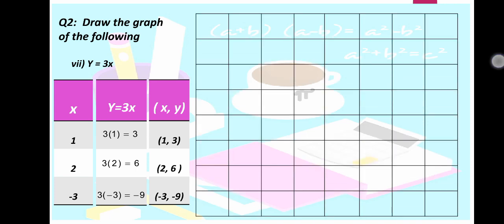Now for making a graph, draw a horizontal and a vertical line for showing the x-axis and y-axis points. For the origin the value is 0. Now here in the x column you can see the maximum value is 3. So for plotting the points, we will have 1, 2 and 3 as positive x-axis points, and for the negative x-axis -1, -2 and -3.